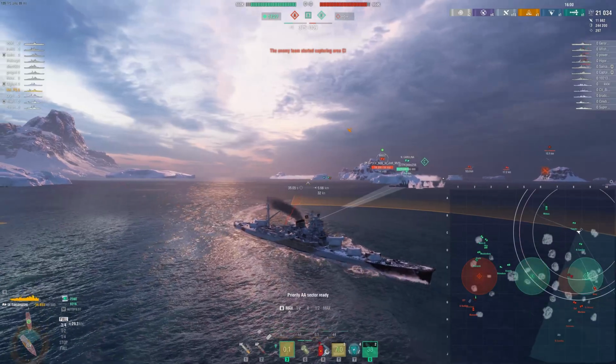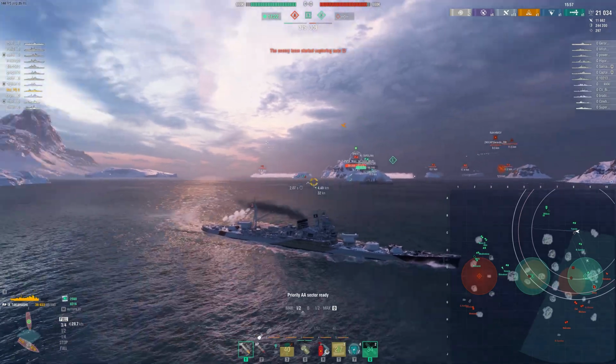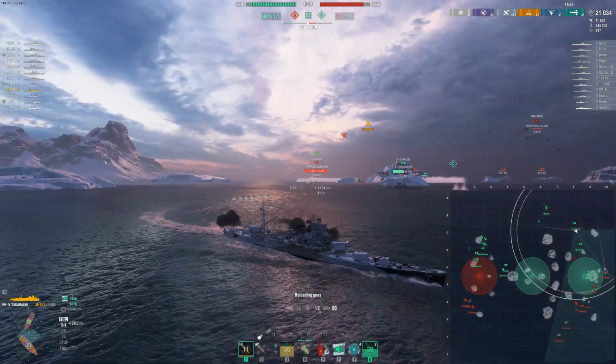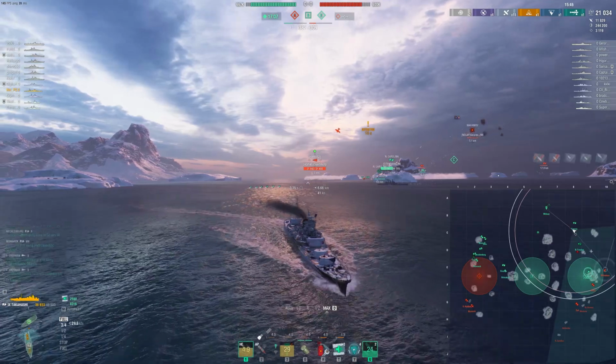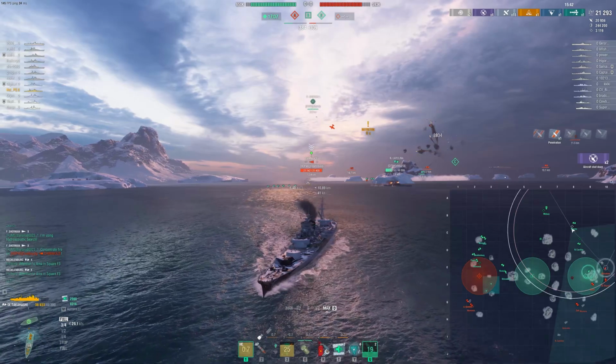Today we're taking a look at the Takahashi. This is the new Tier 9 Japanese light cruiser, and it's a really weird one. As I've been grinding up to the Yodo Tier 10, I've had some thoughts about this line, and more specifically about this ship. It's really in a strange position here, considering it doesn't actually gain DPM or reload or anything